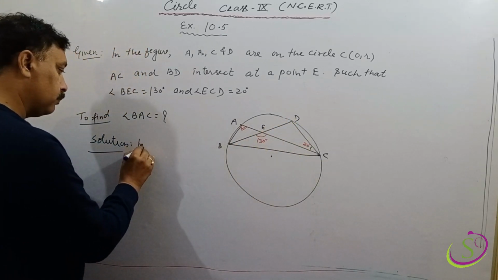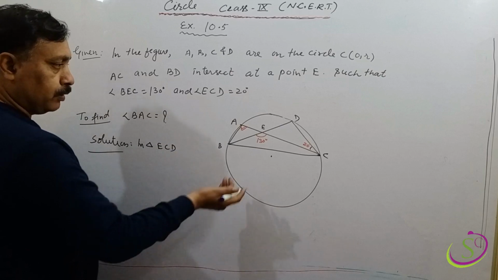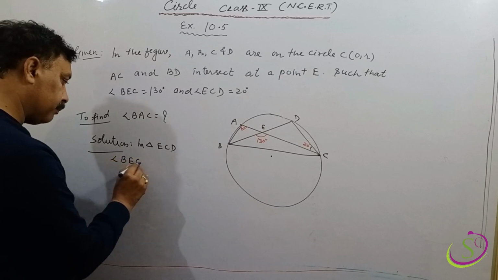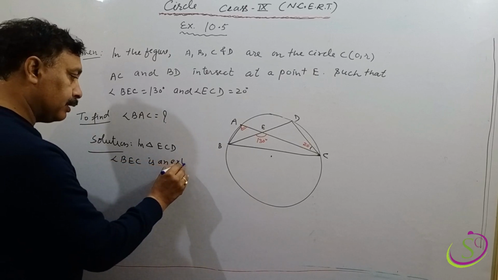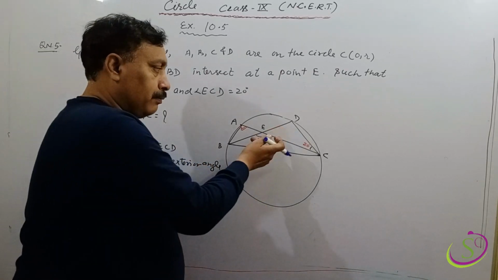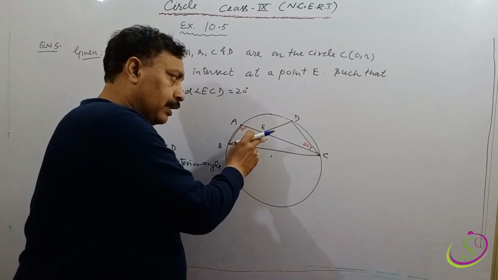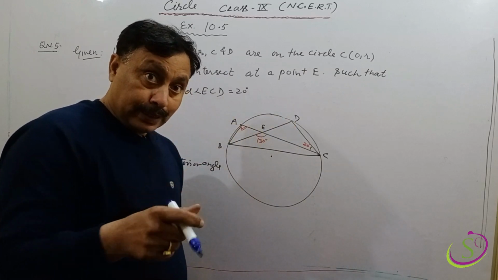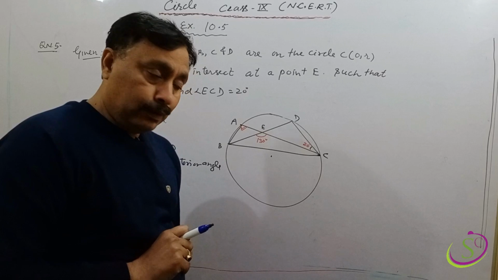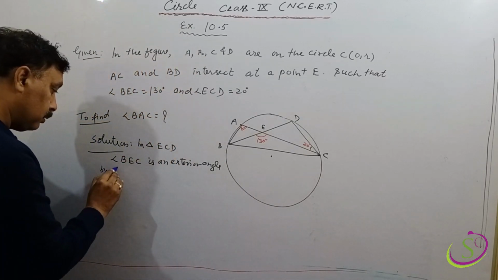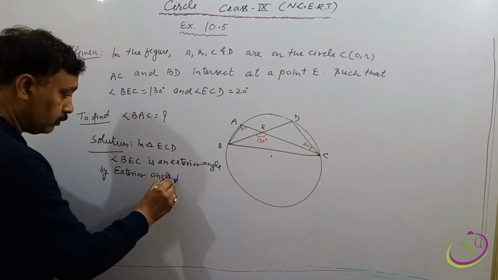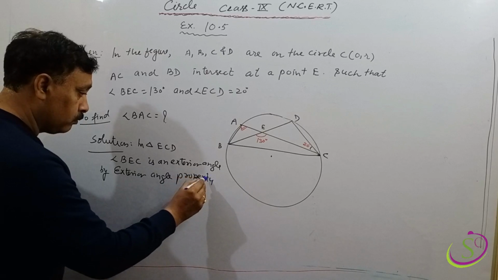In triangle ECD, you will see angle BEC is an exterior angle. Look, in this triangle, side CD is produced to B, so this angle will be an exterior angle, and we know that an exterior angle is equal to the sum of the opposite interior angles, that is the exterior angle property. So by exterior angle property,